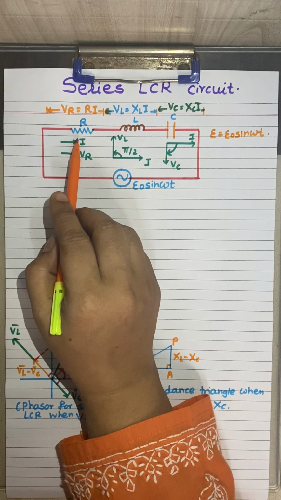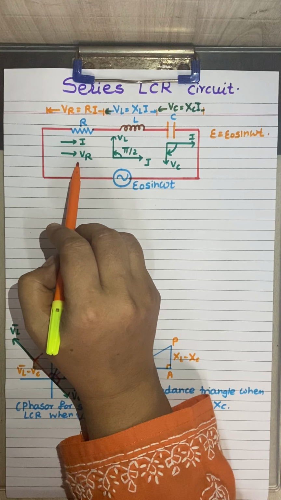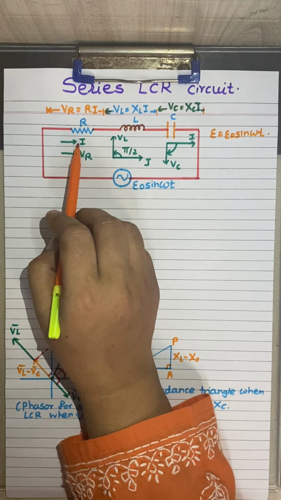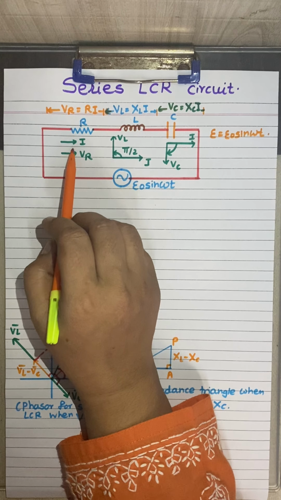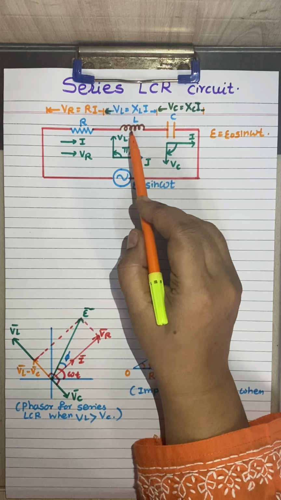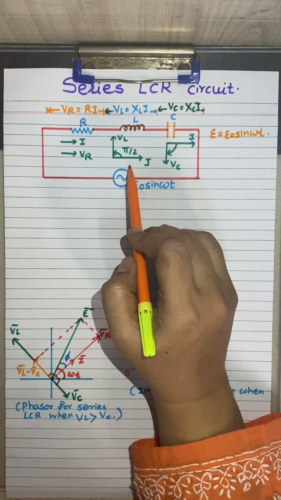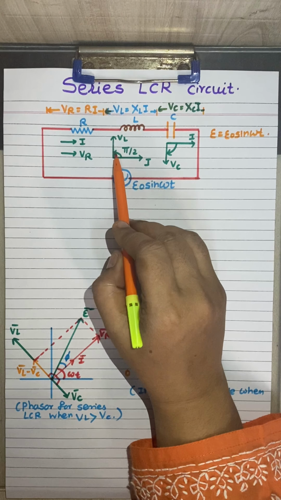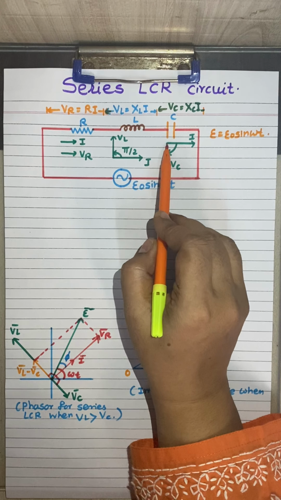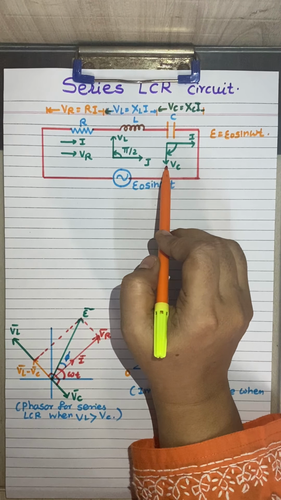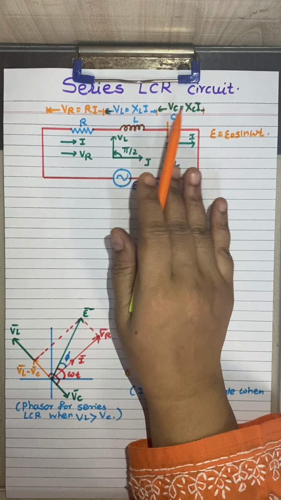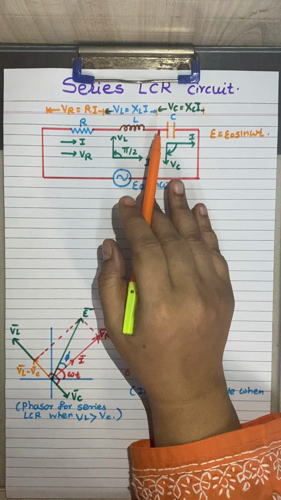You can see in the diagram itself that the phase relation, or phasor relation, of the current and the voltage across the resistor is shown here. Current and the voltage across the resistor are in phase with each other, therefore two parallel lines are shown. For the inductor, we have studied that the current lags behind and the voltage leads ahead by pi by 2 phase. And in the capacitor, current leads by pi by 2 phase with respect to the voltage across the capacitor. Everything is mentioned in this diagram. So now we are going to consider one by one the components and the voltages across them.